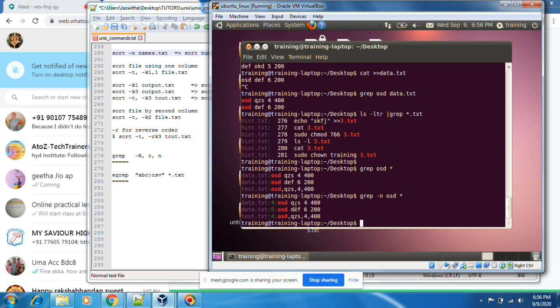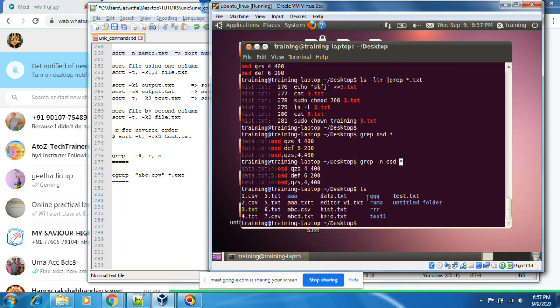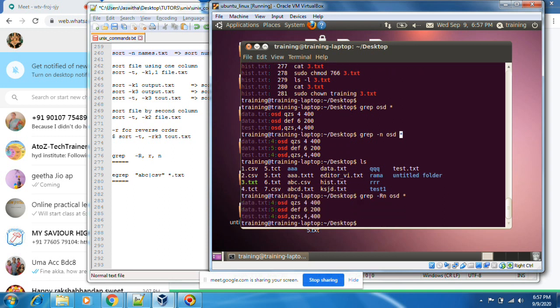Whatever search word you give, with star it will search in all the files inside the directory. If I want to search inside the QQQ subfolders, you have to use -r, recursively. It will search all locations.